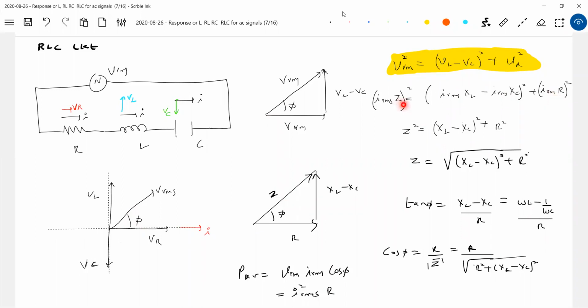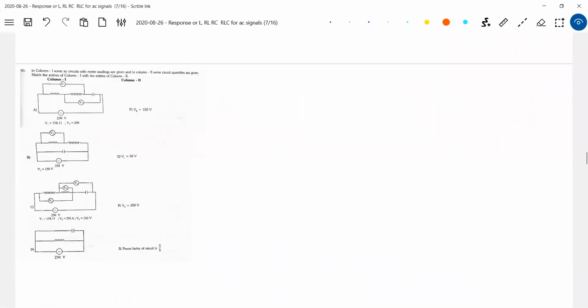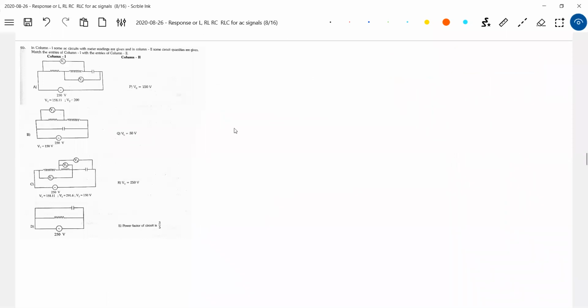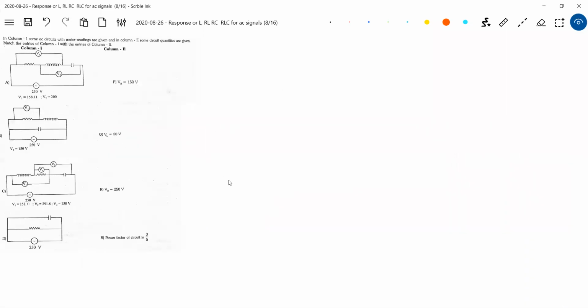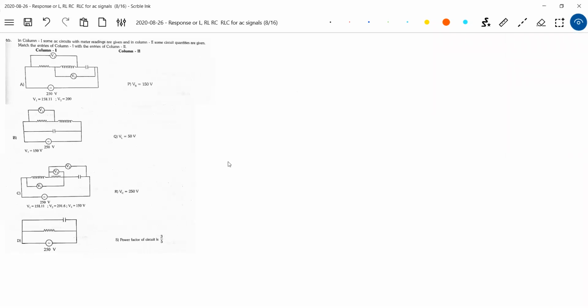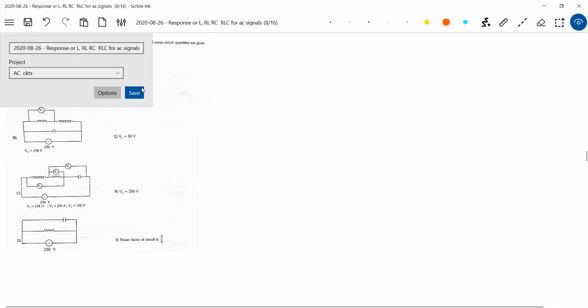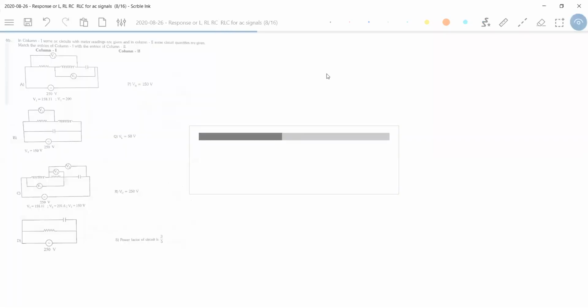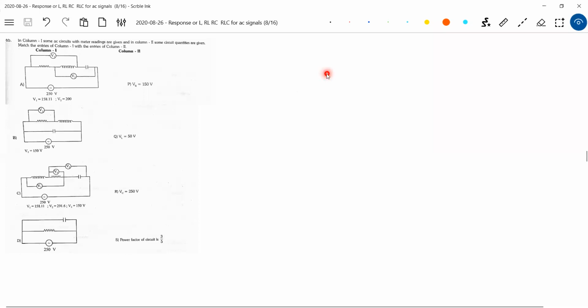So now what is the impedance? Impedance comes from the inductive reactance, capacitive reactance, and the resistance. This is called the impedance of the circuit. It's a vector quantity, it's a phasor. Of course, even the resistor is also a phasor, and it will have zero phase. Let's take this circuit now. All three elements are there. First, for circuit A, we'll go for circuit A.